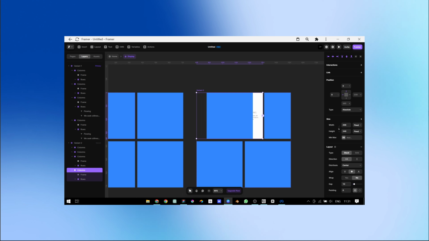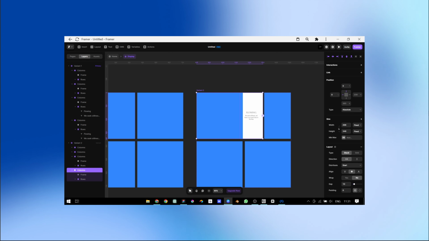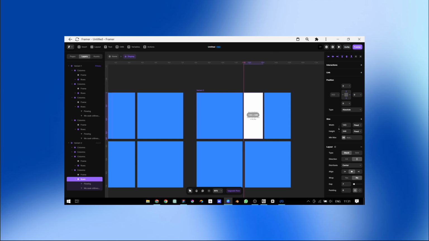While the top right frame is selected, in Layout change the distribution to Start. This will make the inner frame that will hold the image to be fixed to the start of the frame, which is the left. Now adjust the size and position of the smaller text card to fill the remaining space